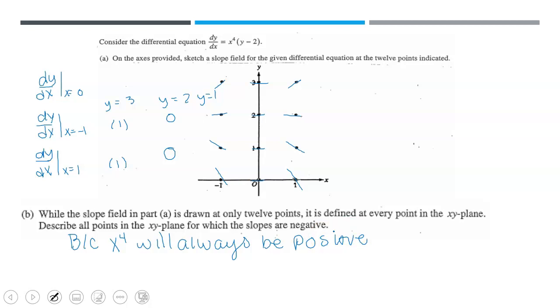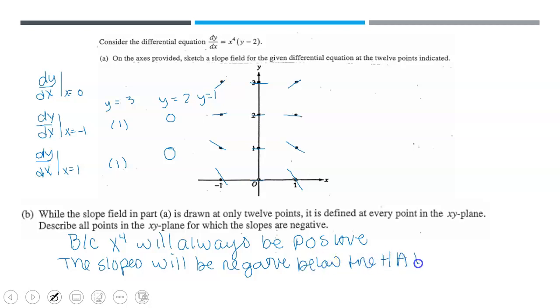Because x to the 4th will always be positive, the slopes will be negative below the horizontal asymptote y equals 2, because y minus 2 will be less than 0. Or you would say when y